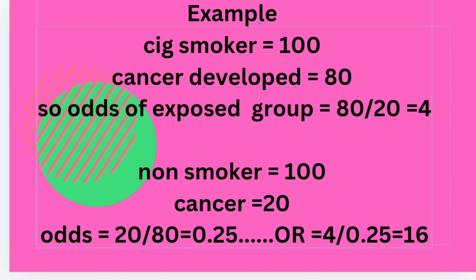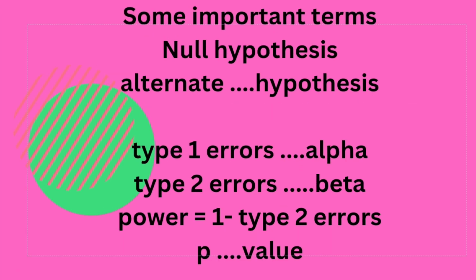Then after that comes the null hypothesis. Null hypothesis is, for example, if we are comparing two drugs, one new drug and one old drug, that there is no difference in efficacy of these two drugs, while the alternate hypothesis is that there is a difference. Now we can make two types of errors when we are doing our studies. Type 1 error, which is called alpha error, and type 2 error, which is called beta error. Type 1 error or alpha error is when the null hypothesis is correct but we mistakenly reject it. And type 2 error is when the null hypothesis is false but we mistakenly accept it.